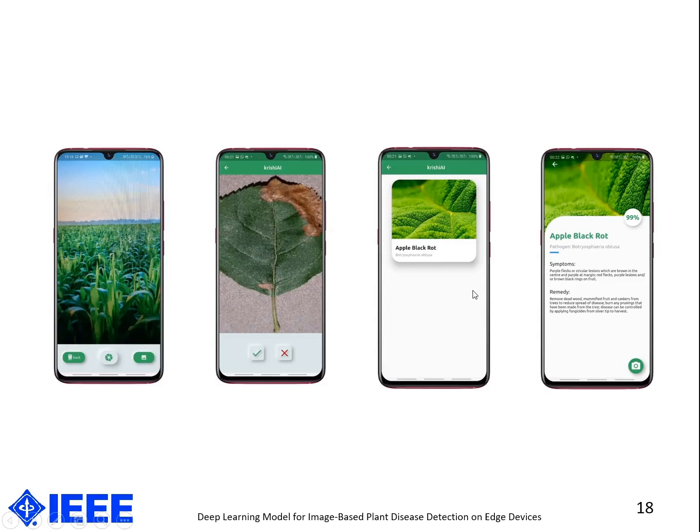We still have the human layer where the farmer still has the right to choose the correct thing, because there can be cases where we have results with 99% accuracy and 98% accuracy. In those cases we still need a human layer to identify the correct diseases. So basically the farmer can click on the cards which are shown, it will open up and show the symptoms and remedy and even preventive measures if they exist.